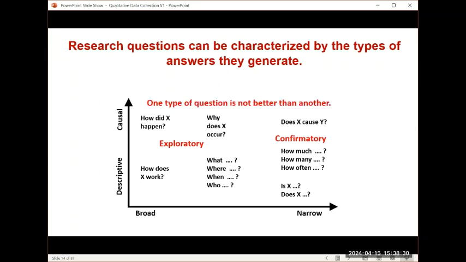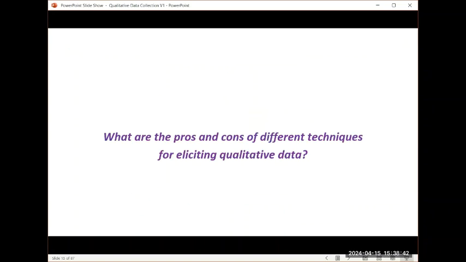No one side is better than the other. They're just different, right? So here's our exploratory box that we're trying to get through. And again, how are we going to get there? Now you sort of got where we want to go. How are you going to actually collect this data?